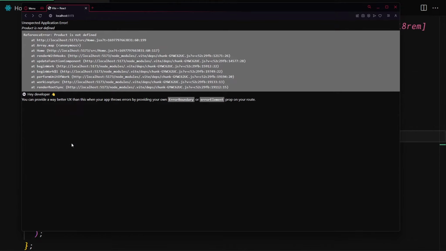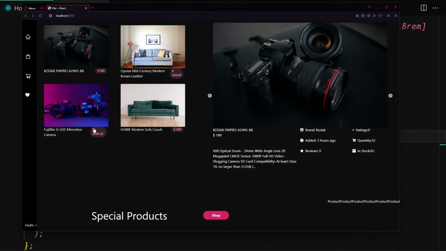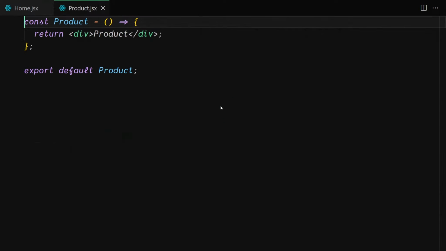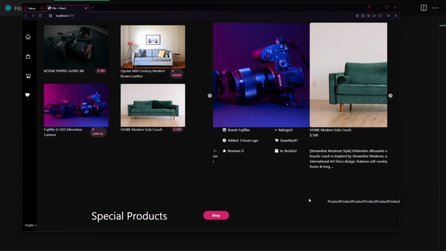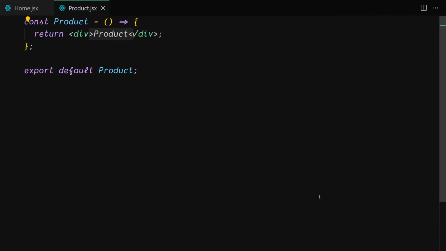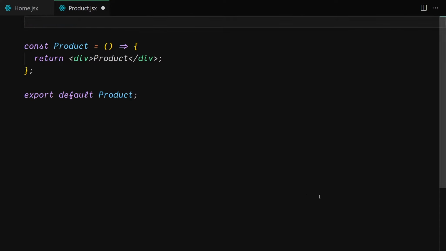Refresh there. And here you can see we are getting products that many times right here. That's because currently we just provide that product right here. That's why, for all of that data, we are just getting this product right here as a label. All right, so what I want to do is that first of all, I'm going to go ahead and